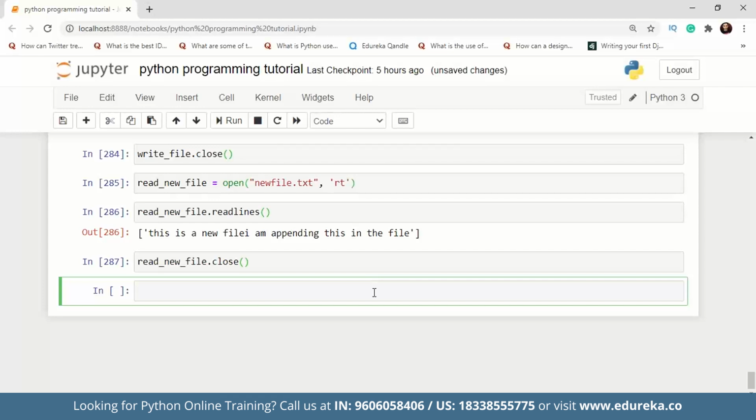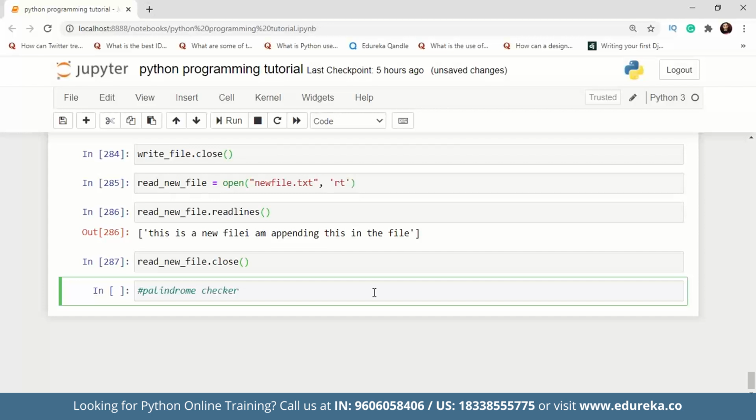Now we are reaching the end of the session, guys. So I'm just going to tell you about a couple of programs that you can write after mastering these concepts. I would suggest you check out our Python projects tutorial. We have uploaded 10 projects there, starting from the beginner's perspective. There are intermediate projects as well and advanced projects as well, so you can check it out. Also, we have a Python programs blog, and there's a lot of content that you can find online on our YouTube channel.